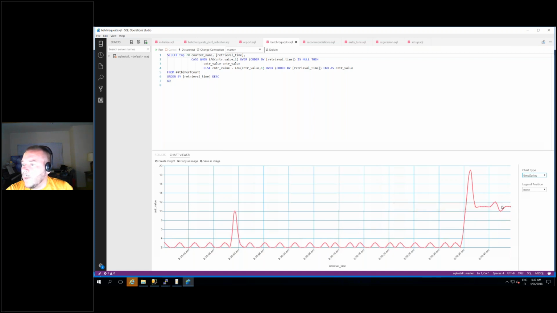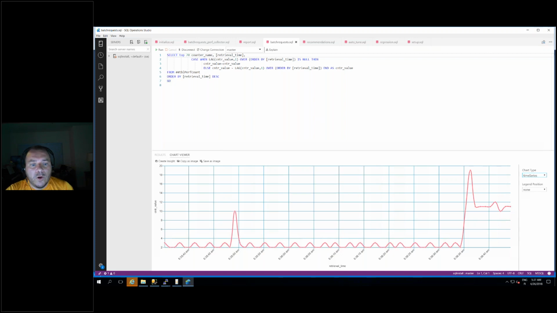And we see that we are back to the baseline where we were initially. So this is a simple demo to demonstrate the benefits of automatic tuning. Definitely something that you want to turn on if you see lots of regressions in your queries, and a great feature for improving the performance of your mission critical or business critical reporting.